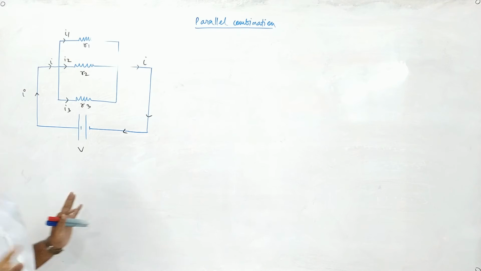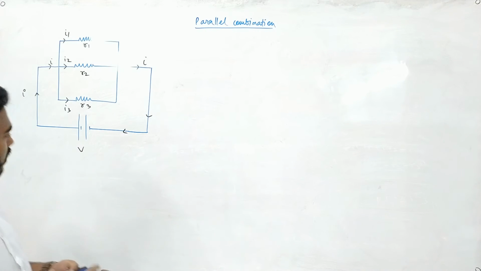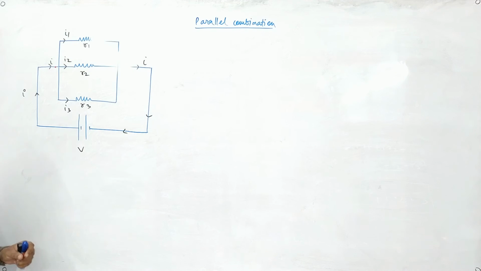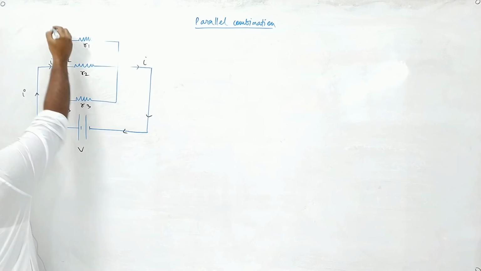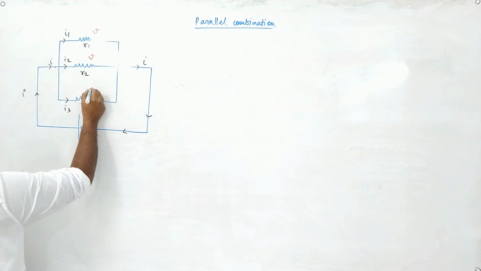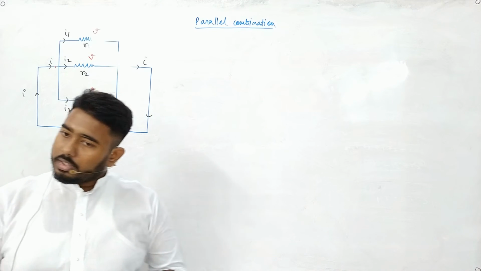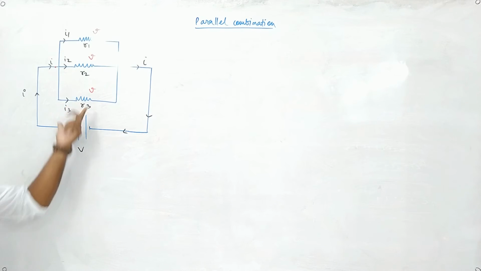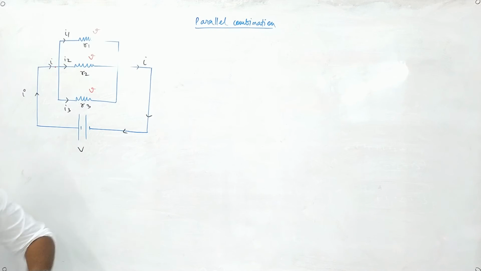Now I told you one thing for sure. If this is voltage V, the total drop is across these 2 points, right? So the total voltage across these 2 points will also be V. So this will be V, this will be V, this will be V, as the voltage will remain same, and the whole current is dropping across any of the lanes. So if it is V, they will also be V.